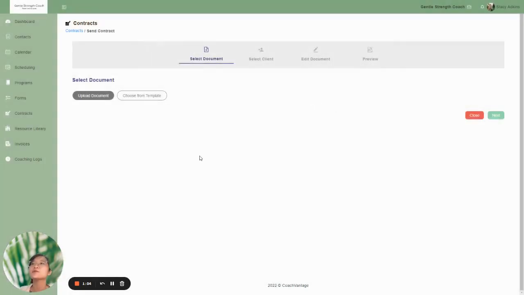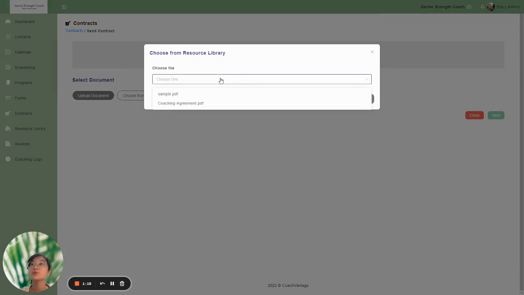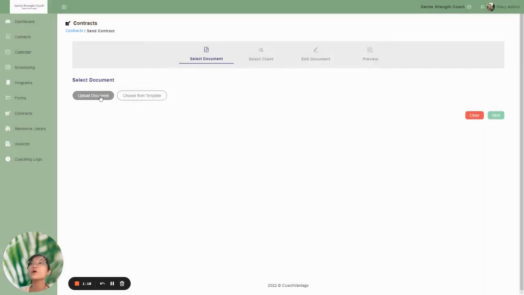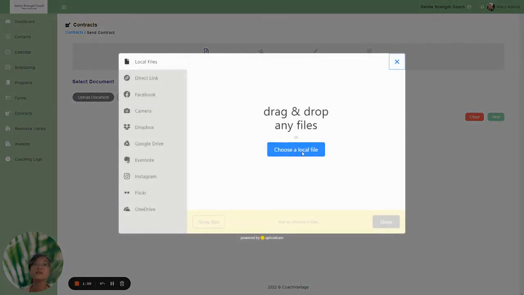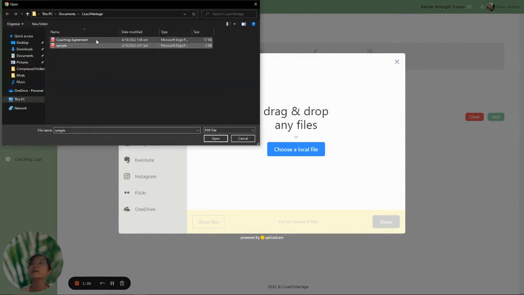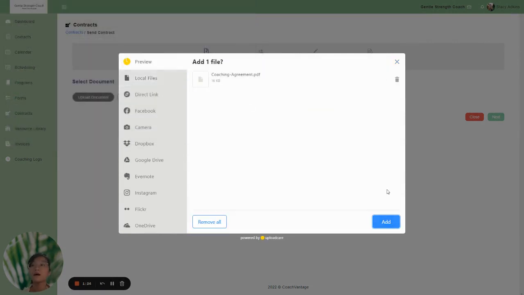Okay, let's say I don't have a template to choose from. I can just upload a document either from the resource library, which would be part of the drop down bar. You can select the document you'd like to use as your contract, or you can choose to upload this locally from your hard drive. So choose a local file and then select a document that you would like to create